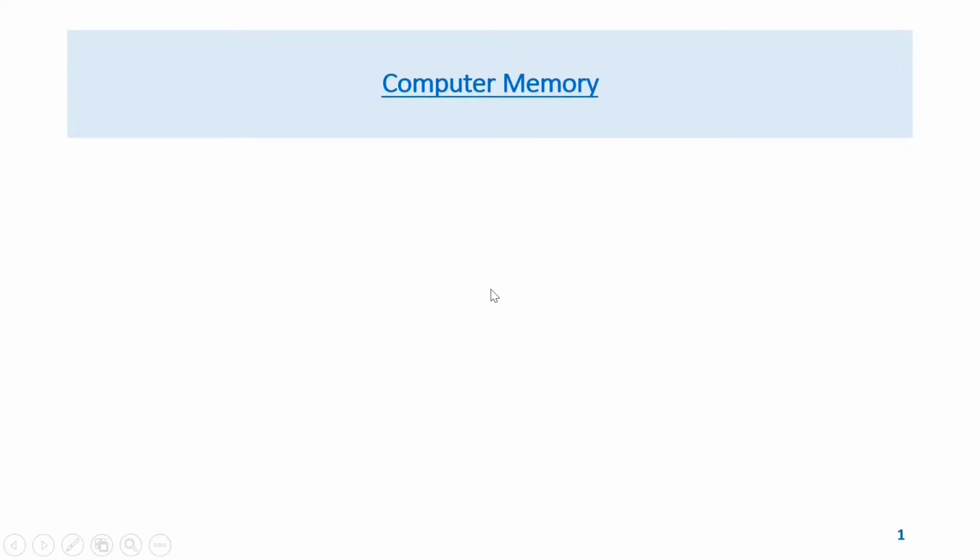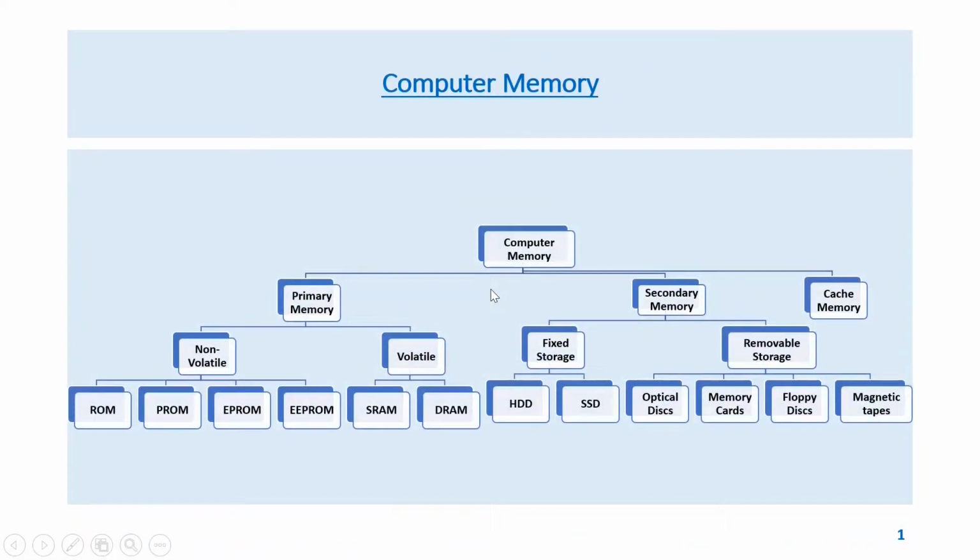Computer memory. Let us just see the hierarchy of the computer memory. Later, we'll discuss in detail about each of these in the coming sections. Computer memory is basically divided into primary memory, secondary memory, and cache memory. Primary memory can either be non-volatile or volatile. The non-volatile primary memory is ROM, that is read-only memory, PROM, programmable read-only memory,